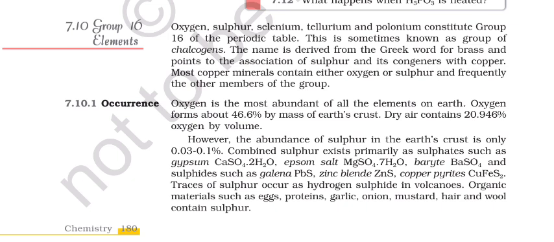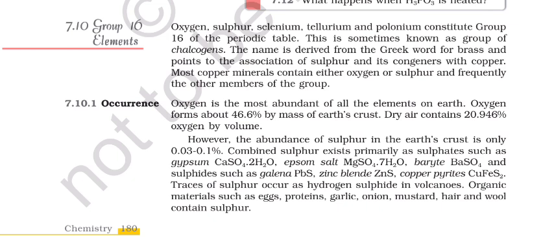Occurrence. Oxygen is the most abundant of the elements on earth. Oxygen forms about 46.6% by mass of the earth's crust. Dry air contains 20.946% oxygen by volume. However, the abundance of sulfur in the earth's crust is only 0.03 to 0.1%. Combined sulfur exists primarily as sulfates such as gypsum,